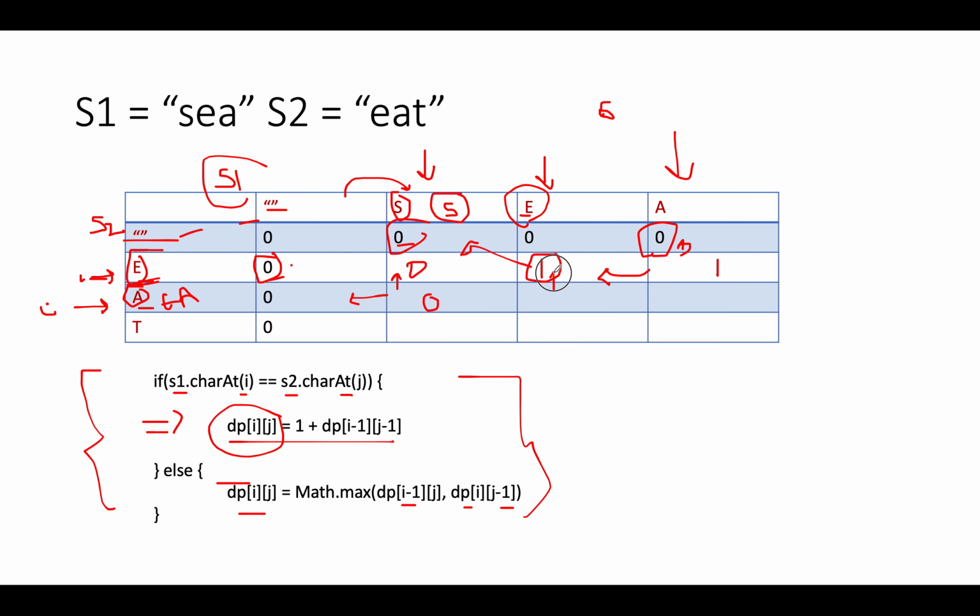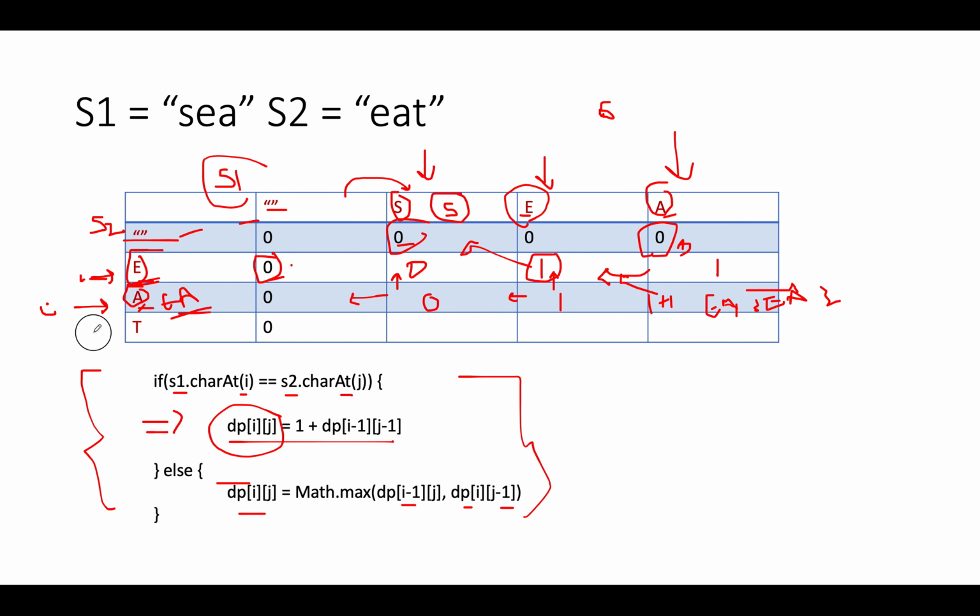What we'll look at, immediately up and sideways values, and the maximum of these two is 1. So we'll fill in 1 here. So let's move to the next iteration. We have A and A here, and the two strings into consideration are EA comma SEA, which is C. So this time it's an equality case because A matches with A, and what we look at is 1 plus the diagonally up value, which is 1. So 1 plus 1 is 2. The answer becomes 2. So this value becomes 2.